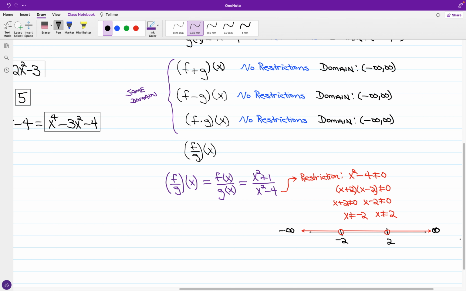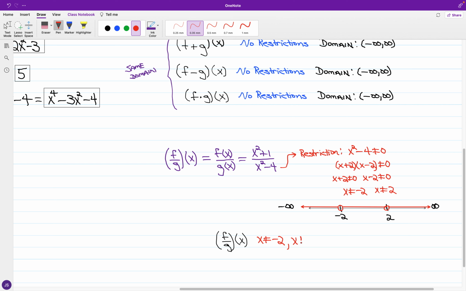And so for what we will have in the case of f over g of x, you had the restrictions that x cannot be negative 2, and that x cannot be positive 2. And so for the domain, we have two exclusions, and so we're going to have an interval notation, so we have